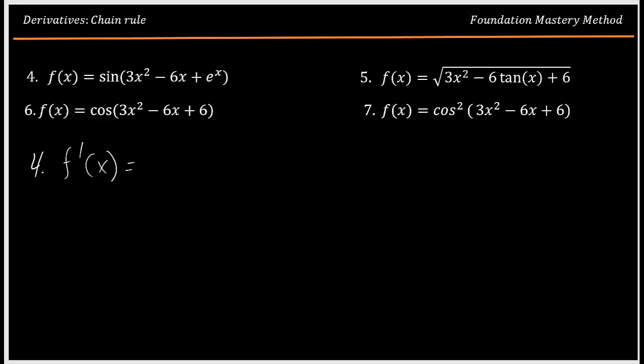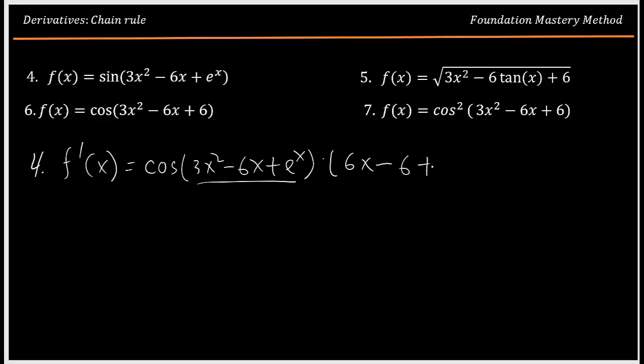So the derivative of sine x we know is cosine, and whatever we have we write it. Now we need to take the derivative of inner one, which is 6x minus 6 plus e to the x. With the chain rule we are done. Number 5,